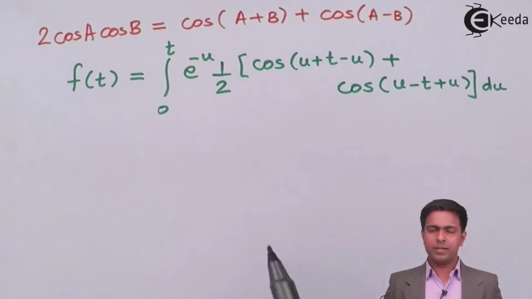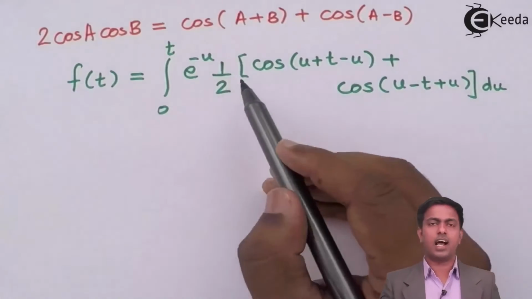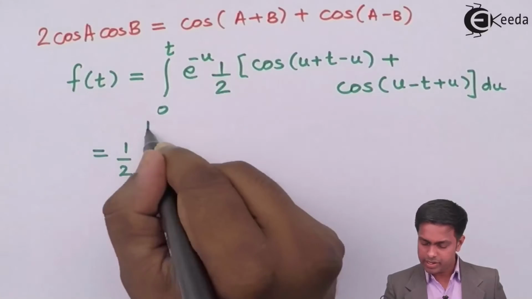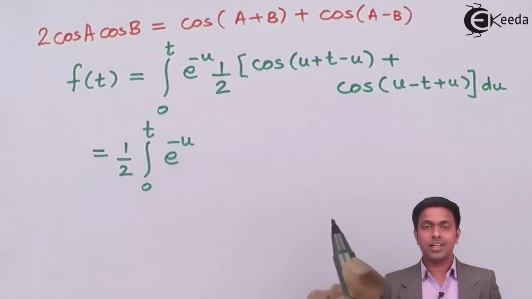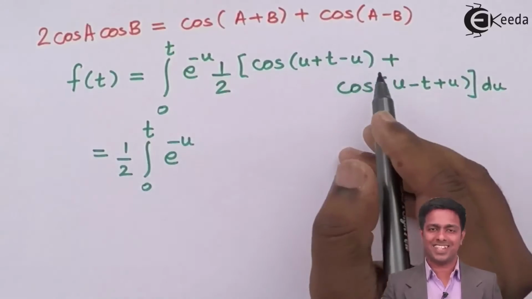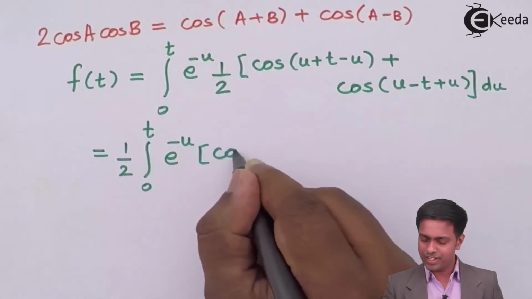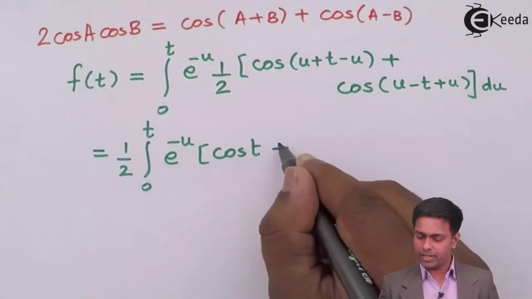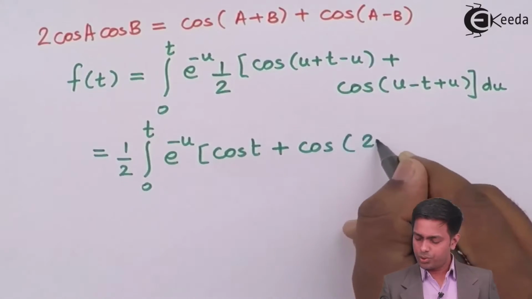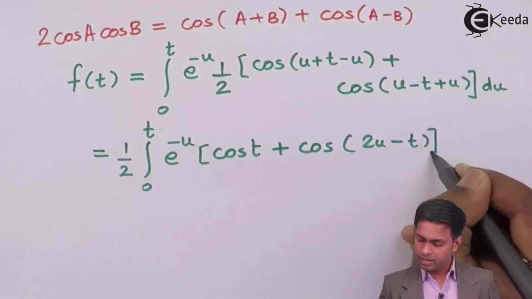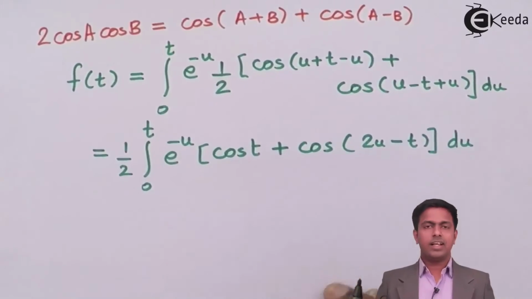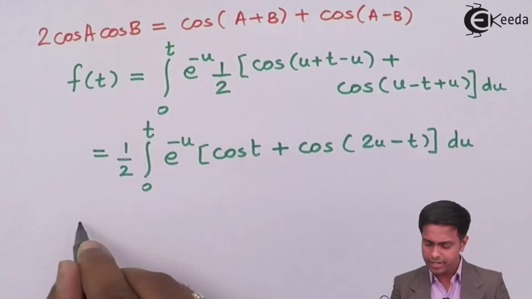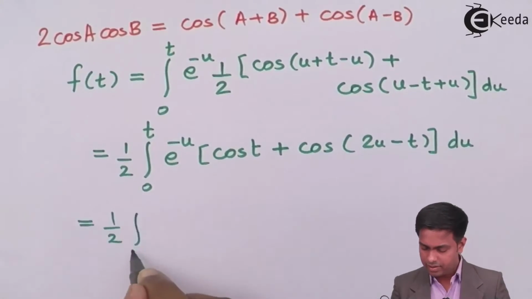So now let's simplify this term. So first of all, I'll take this half outside. So 1 upon 2 outside, integral 0 to t e to the power minus u as it is. Now here guys, u and minus u will be cancelled, so we will be getting cos of t only. Next here, u plus u, that is 2u, so here we'll get positive cos of 2u minus t into du. Now we'll multiply these two terms with e to the power minus u, so here we will get half integral 0 to t